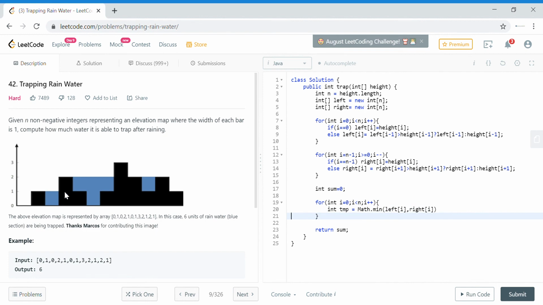If we consider this particular scenario, this will give me 2, which is this height, and I need to subtract the current height of the building from there, so height of i. So this is the amount of water trapped.